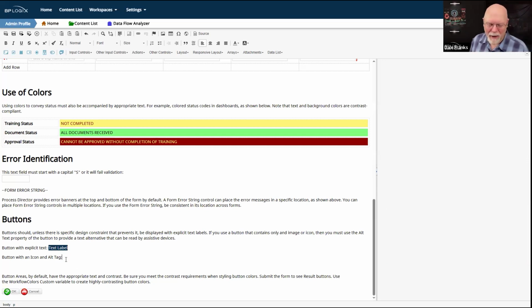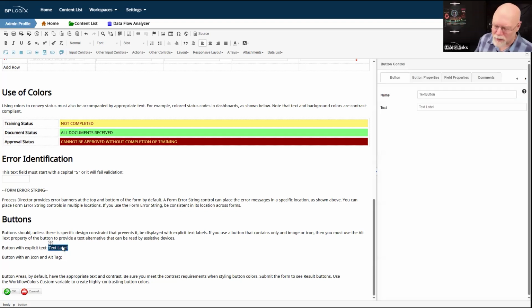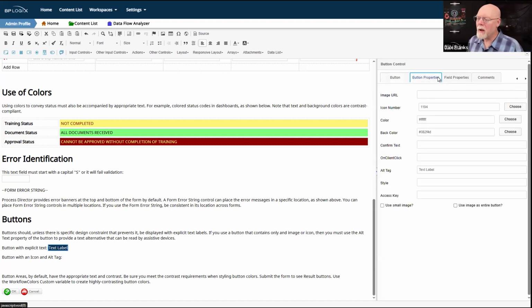It is a text button and it only has a white icon. It has no text, which means it has no space on the page. This is something that needs to be fixed. I'm not sure if it does this in my other server that we're going to look at in a minute on .400, but it certainly makes it hard to touch that button here. All right, fine. We'll just go to this button that has a text label on it. Again, buttons have alt tags.